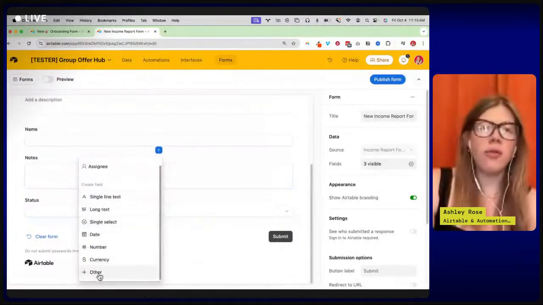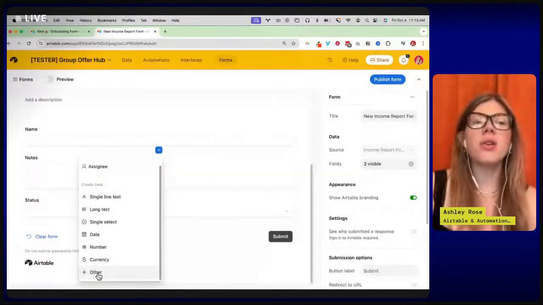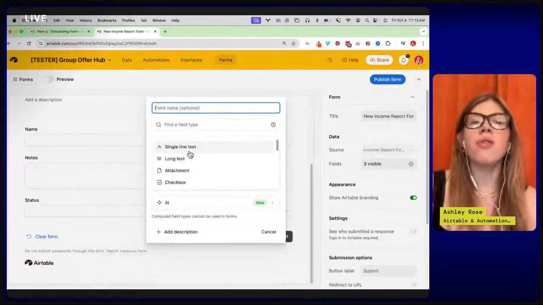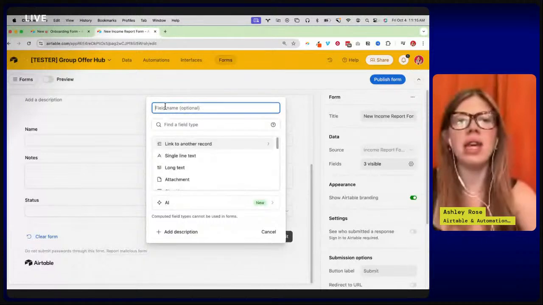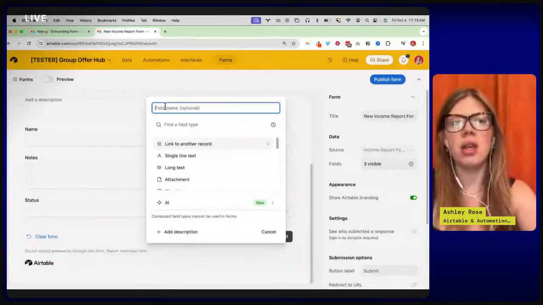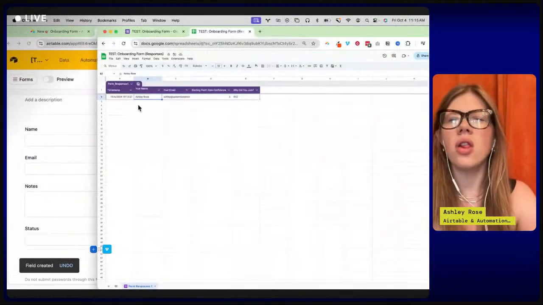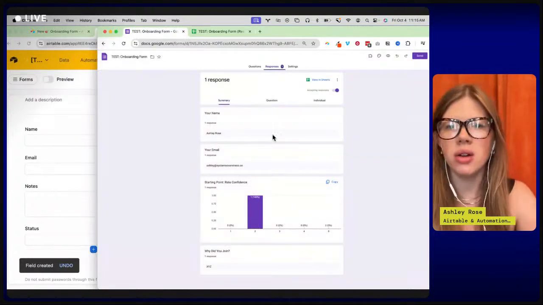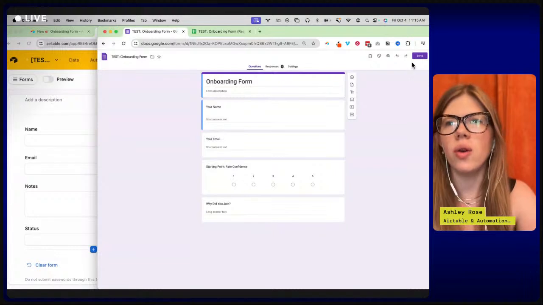Something else that's really helpful about Airtable versus Google Forms is that there are so many different field types, way more relevant than just an open empty box. If you have email, there is an email field. Inside of Google Forms you just have a long text field or a short text field. Let me see. I cringe going into Google Forms.